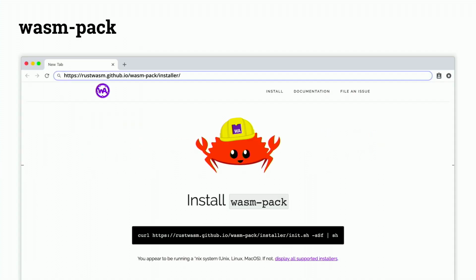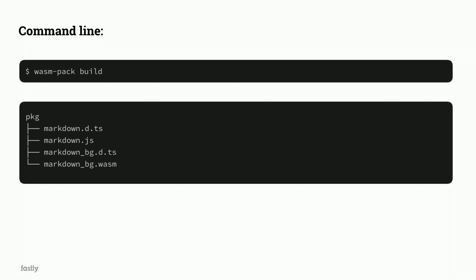This is much like Webpack, but for Wasm. It's made by Ashley Williams and the Rust WebAssembly working group. They're doing some amazing work in this space to try and make Rust and WebAssembly more accessible to all of us as developers. And so when I run this WasmPack build on that Rust source code that we just saw,